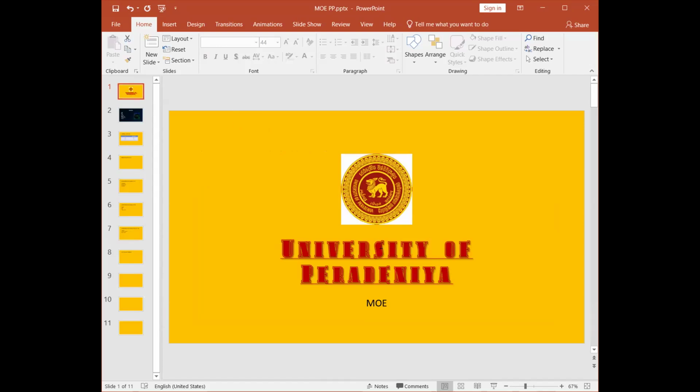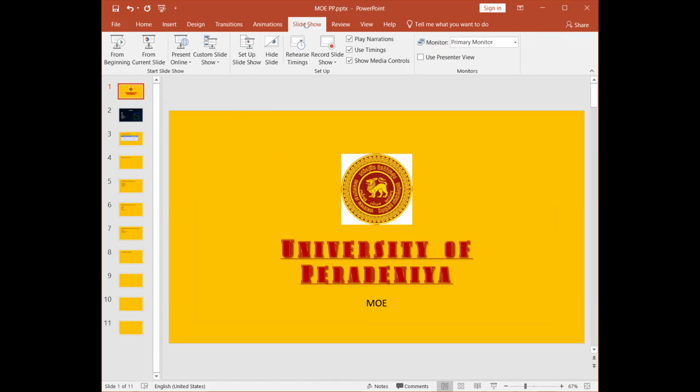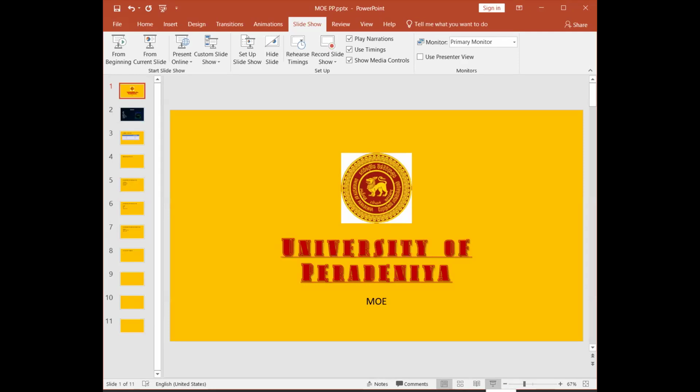Right. Now, let's say I want to check whether this particular presentation is displaying properly, or I want to see a kind of a preview, right? For that, I can use these options. You have a slideshow menu to display the presentation, right? And also right here on this status bar, you can find this icon, slideshow,